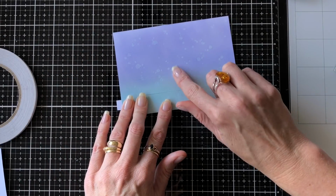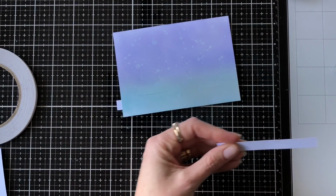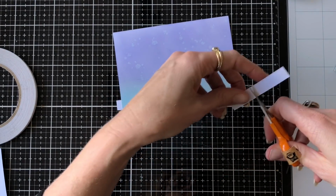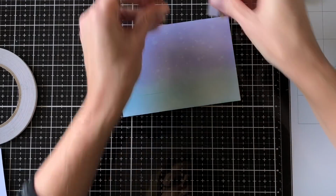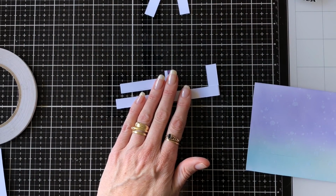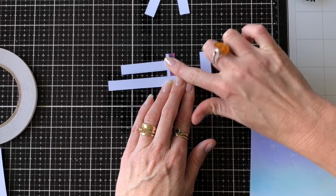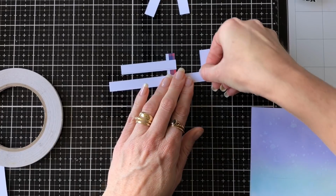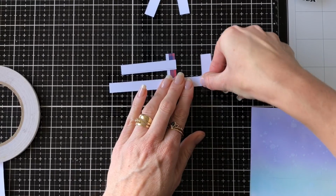I'm just going to flip it over because now I need some tabs to poke through at the front, into the front of the card to attach my images onto. So I'm just going to cut some tabs for the front, and then I'm going to stick them onto that part of each of the tabs. So again, I'm going to use my double-sided tape,